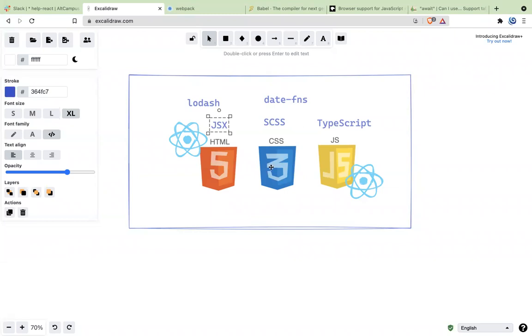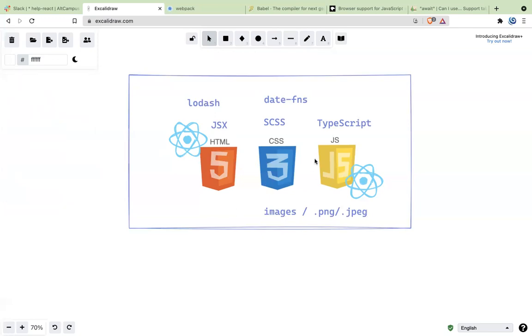And I've not even listed most of the things that people actually have problems with. In future, you will start using some images. Then you will get to know that, oh, I need to optimize the images. I need to reduce the size of the images. I need to convert the extension of the images. Maybe it is PNG all the time, but I want to use JPEG or something. So these are the problems that happen when you start using a real world application. And doing all these things individually will become a huge problem. So how do you fix this problem?